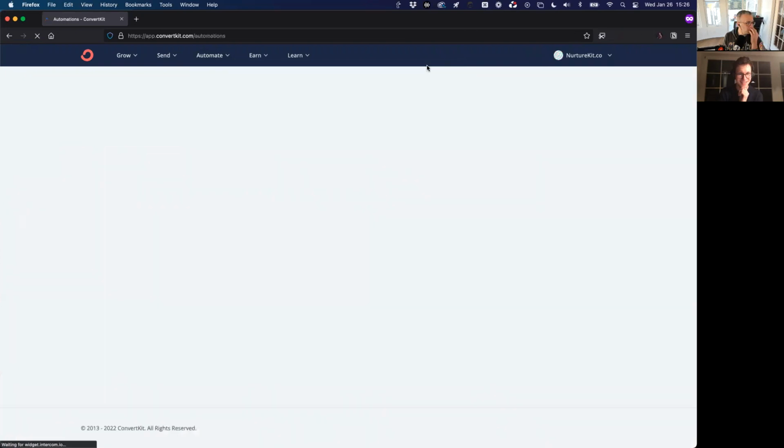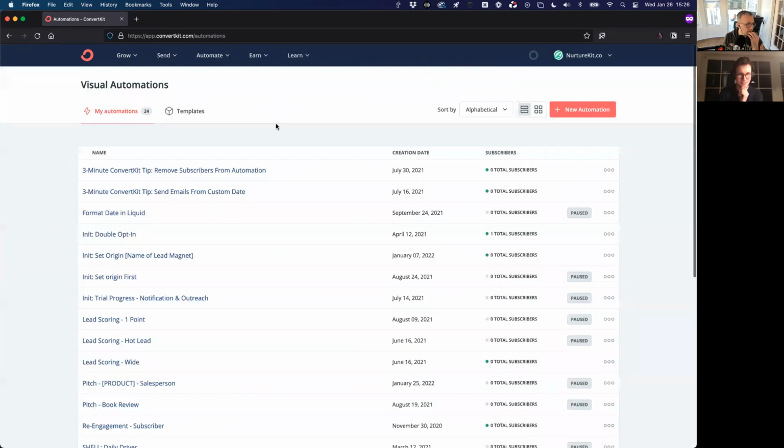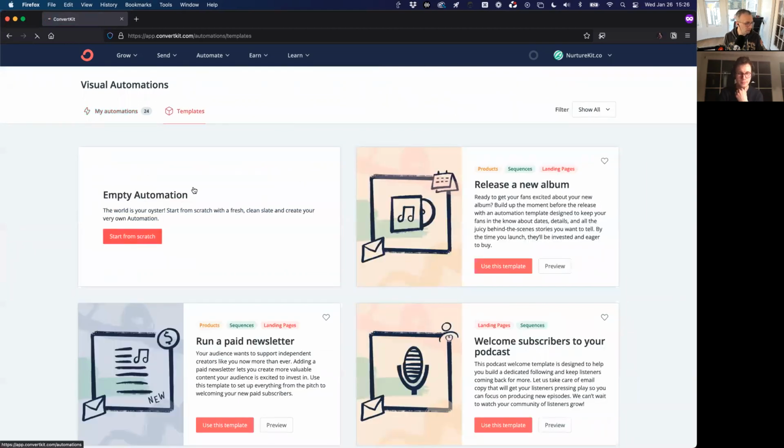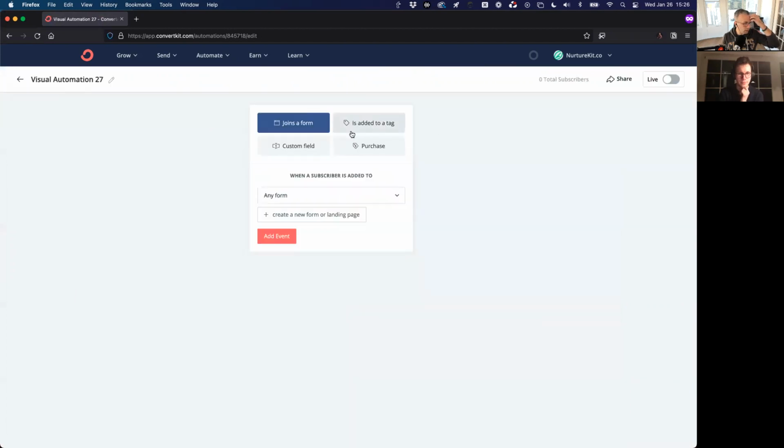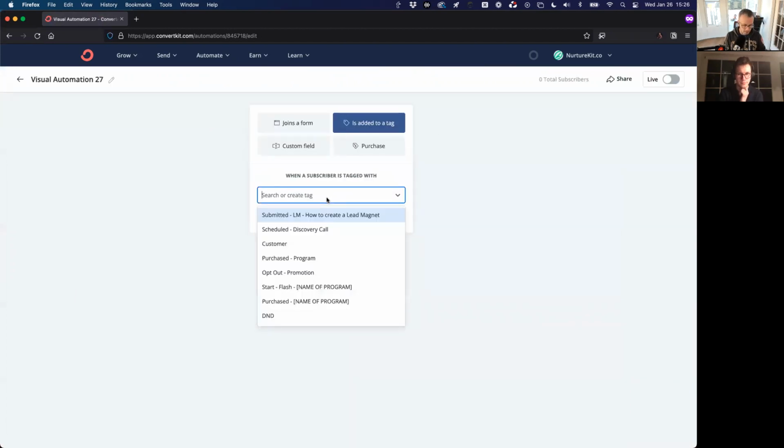So let me see. What I'm going to do is pick it up from when somebody opts in, right? This is how I would do this. I'd create a blank visual automation, and then if they got the tag, I would just say start, initialize. This is just my nomenclature, it doesn't really matter. Start initialize event